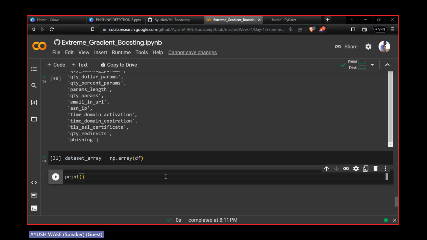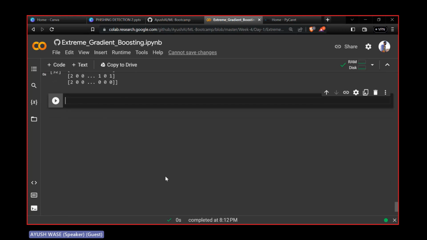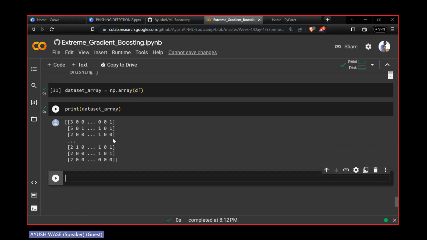Let me print this as well so that you could have a better look. Print dataset underscore array, and as you can see, there are only a lot of numbers. The dot dot shows that there are lots of numbers among them as well, right? Now